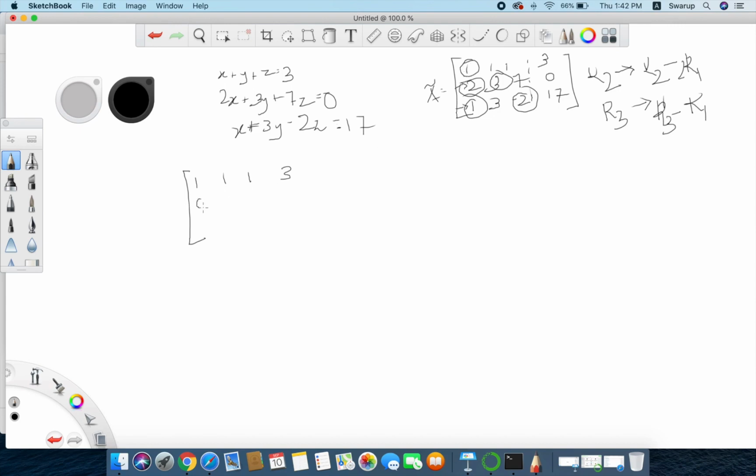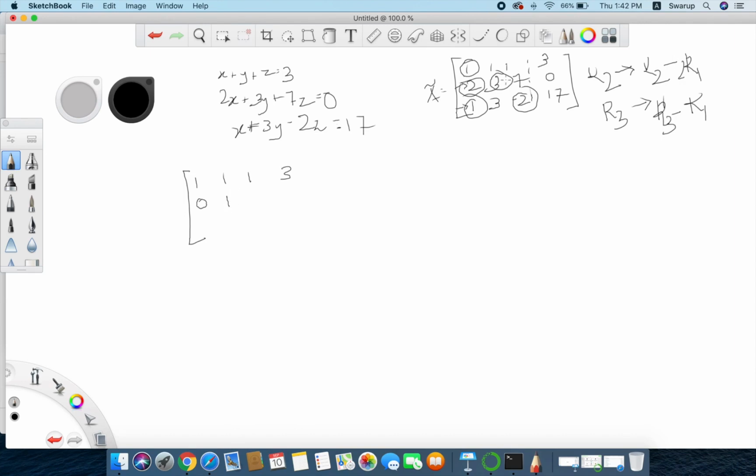So 2 minus 2, we are getting 0 here. Next is 3, 3 minus 2 into R1, R1 is 1, so 3 minus 2. So it will be 1.